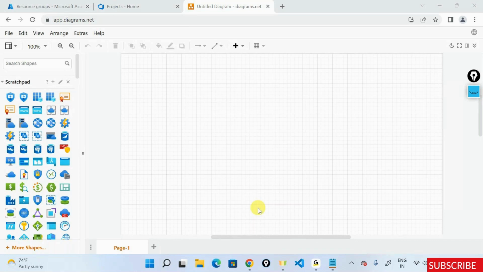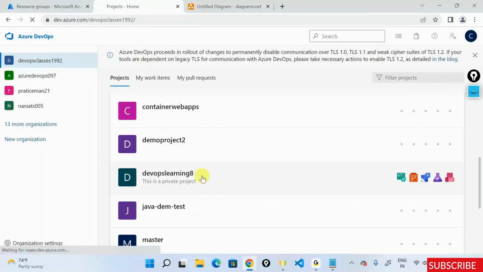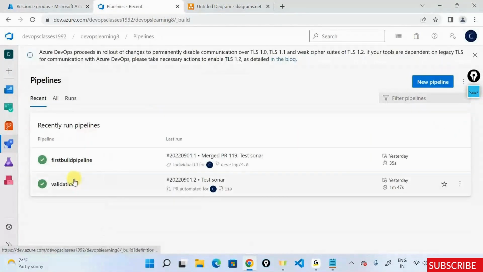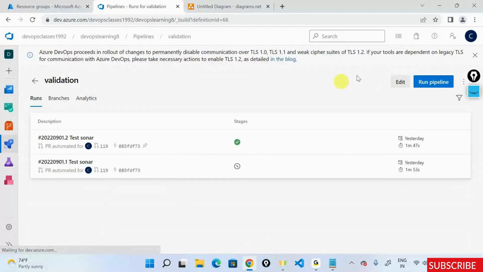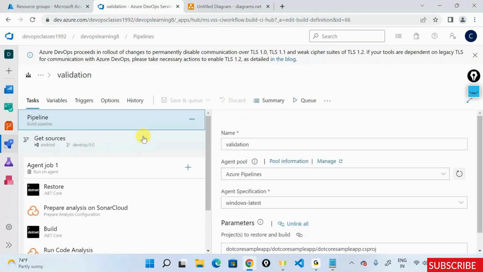You don't have to add multiple agents in the build validation. You just have to tell that your build validation is running out of a pool. The pool can have multiple agents, the agent pool. So in my case, if I go back into my project here, and go into the pipeline, there is a validation pipeline. And as of now, the validation pipeline is running out of a hosted pool. That's the reason if 10 developers are committing, each and every developer has to wait for the pull request to get merged. So it will be FIFO, first in, first out.